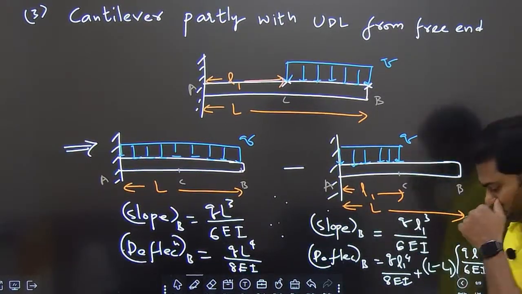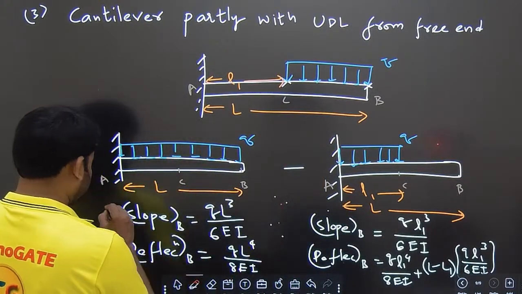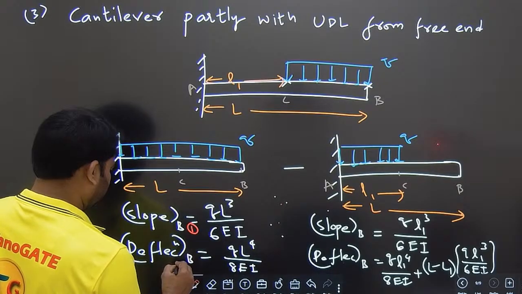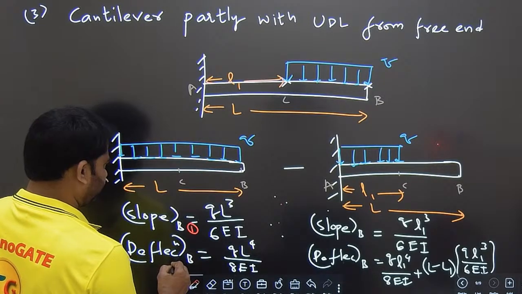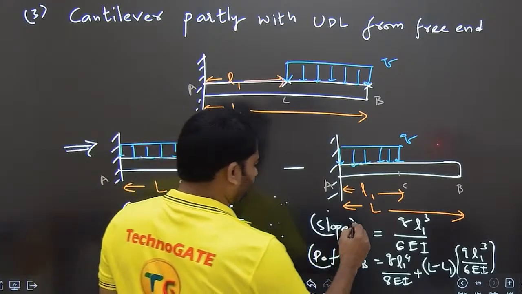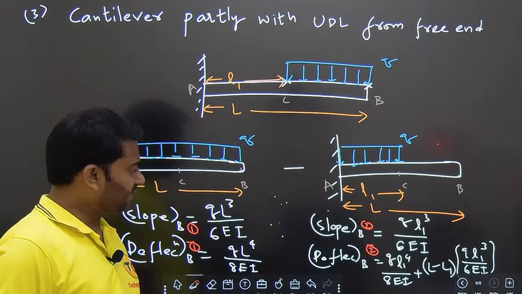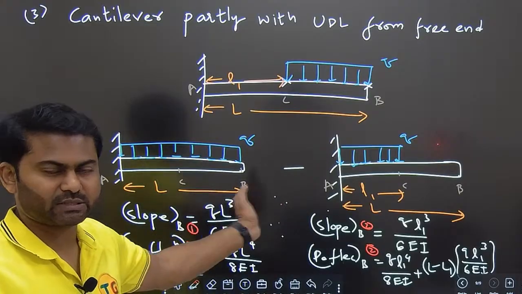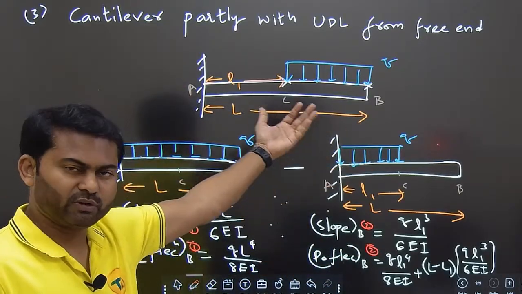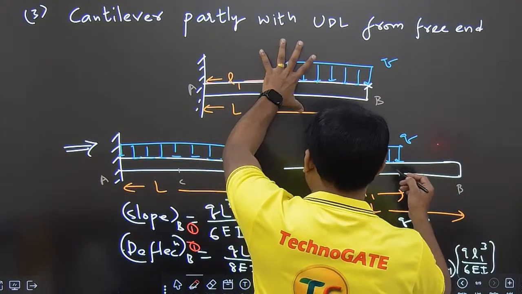So if you take it like this, give some numbering, slope at B 1, this is the first case, this is the second case. Using them, simply go with subtraction or addition. Basically here it comes with subtraction, so we'll go that way. Clear? So if you want to get the slope at B overall for this case,